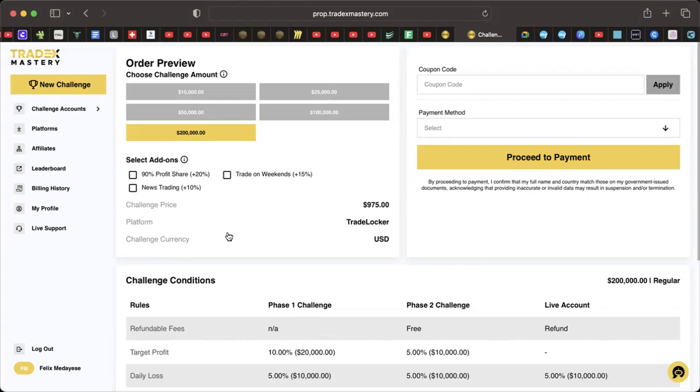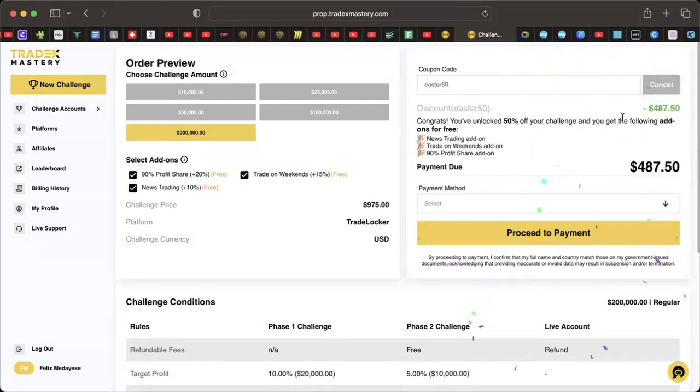So now let's quickly go. You're going to click on new challenge account. Some of you who are just coming in newly, it's going to show you, maybe just pick a challenge account. So if you want to go for 200,000, the promo is still on. So you're going to type Easter 50. Then you click on apply. And then you can see that you're going to pay